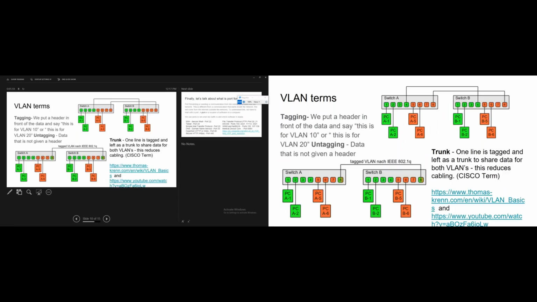That's all it thinks. So here's how you do this. You do tag things. Notice on the top there it's tag switch A, switch B. I got 2 cables between them, right? And that worked really well. But it was like using half the switch for one network and then the other half of the switch for the other network, right? And then Cisco came up with a really great thing. They called it a trunk. Everyone else had created a tagged VLAN. So the thing about it is it's a trunk. Notice that one port, port 8,